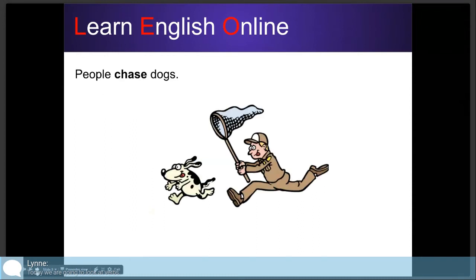People. People chase dogs. There's a dog catcher and he's chasing the dog. People chase dogs. Dogs run away from people. To run away is another kind of verb. Okay. So to chase,